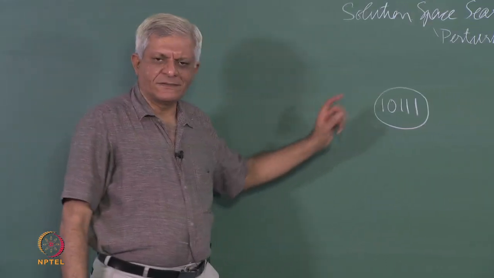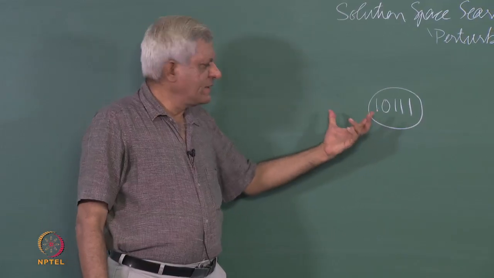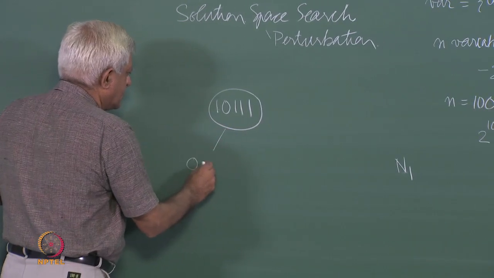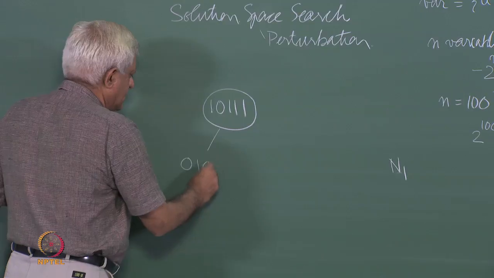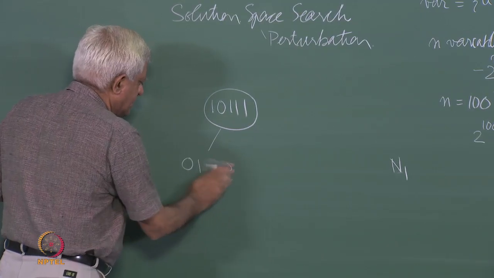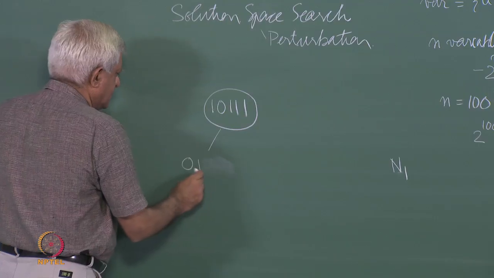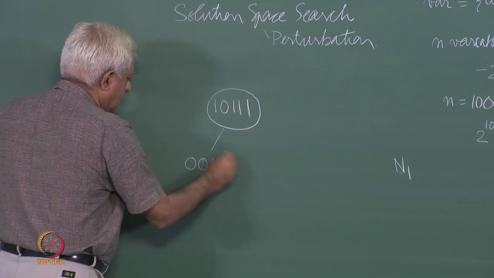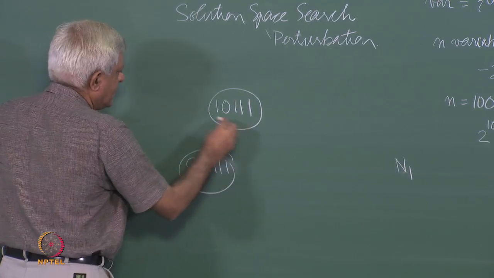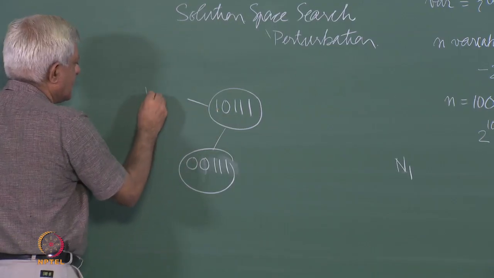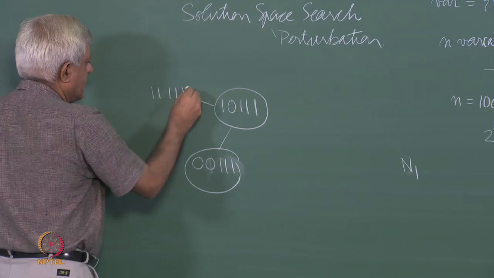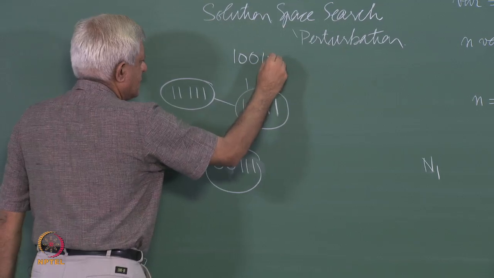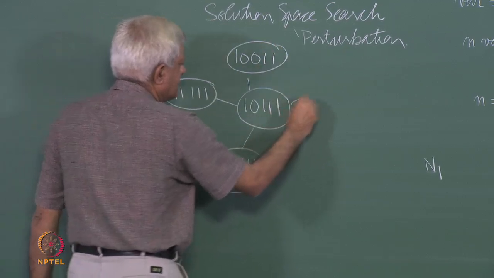If you look at this notation where the candidate is a bit string, you are allowed to change one bit, so that I have neighbors like 0 1 0 0 0, sorry, 0 0 1 1 1. So, I have changed the first bit, then 1 1 1 1 1, I have changed the second bit, 1 0 0 1, I change the third bit here,